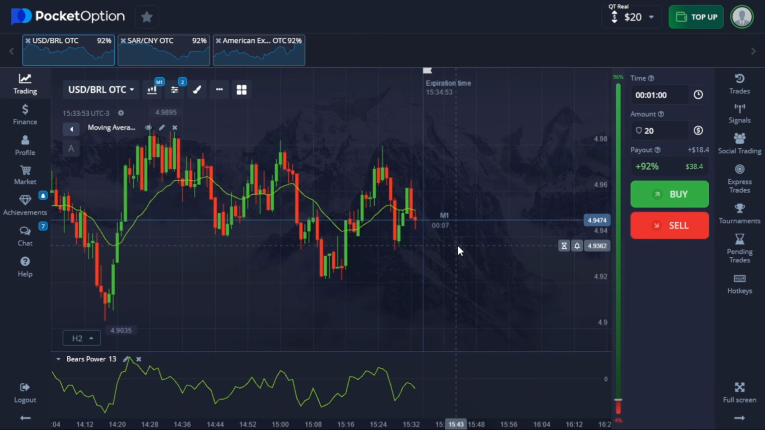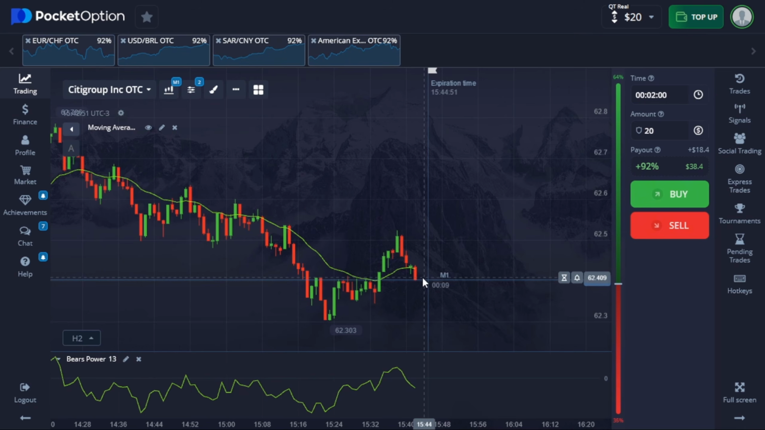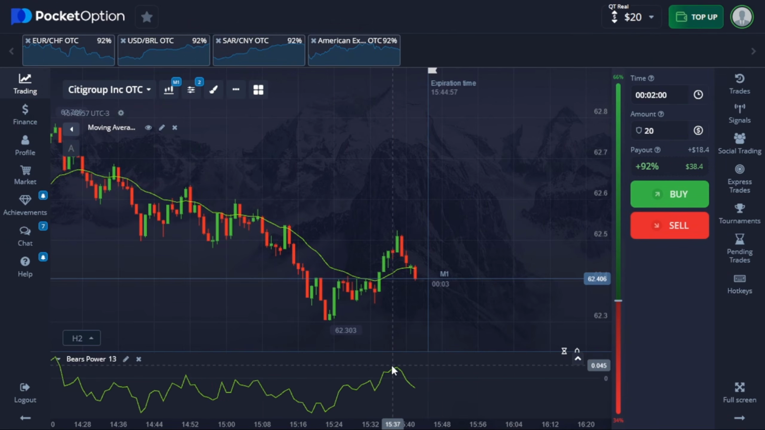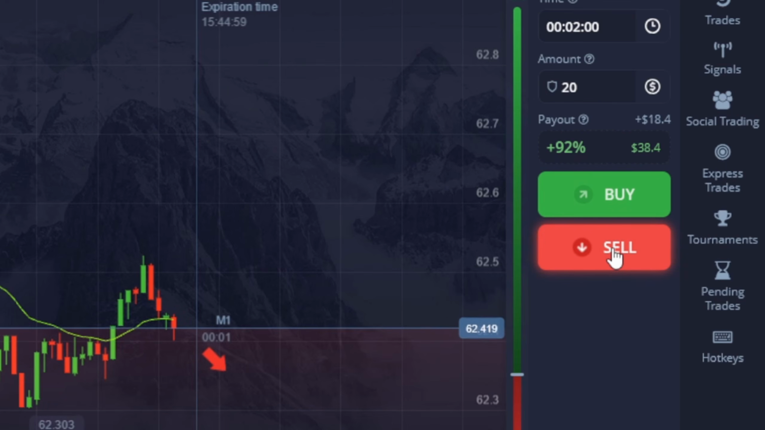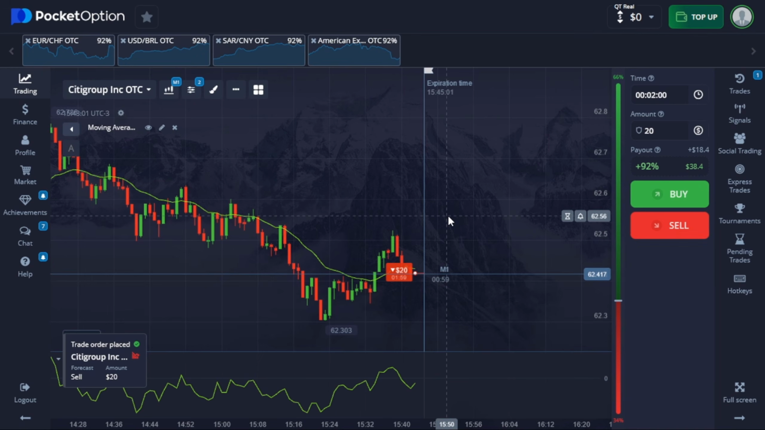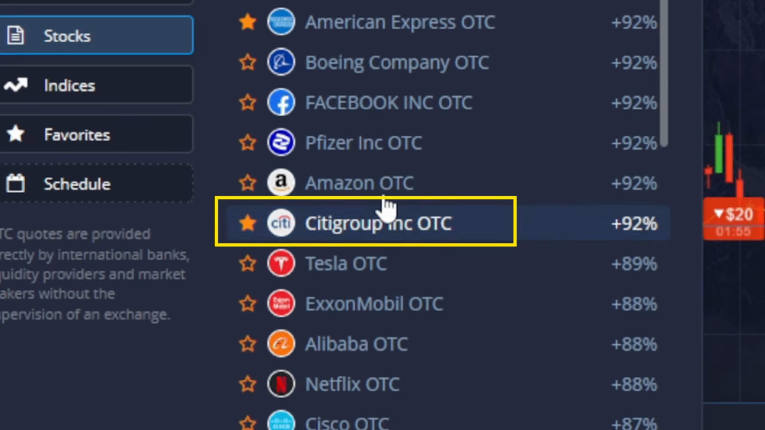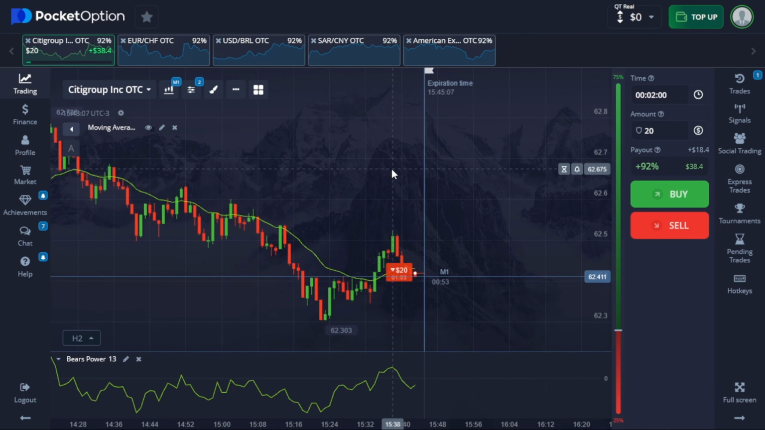So let's look for our first entry. Here it looks like I'm going to enter down because the price goes through the average and the Bear Power indicator tells me that it is a downtrend, right? I enter down in 2 minutes, click on the sell button. And well, I wait for the result of the trade. I added seed growth to the favorites and now I wait 2 minutes to see if the result is right